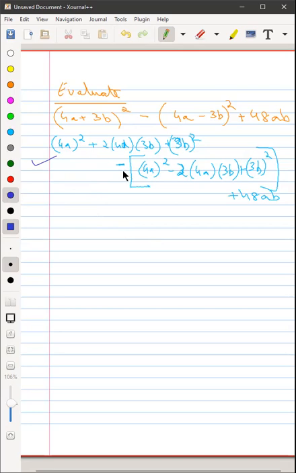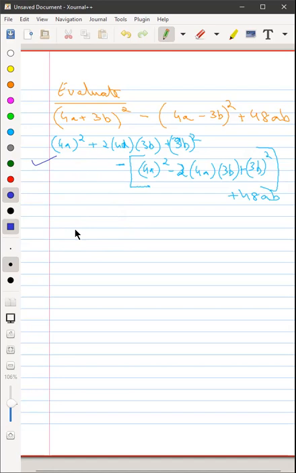Yeah, Samita? Sir, I did a squared minus b squared is equal to (a minus b) into (a plus b). Like for the first part, if we do (a plus b) into (a minus b), then we get bracket 4a plus 3b minus 4a plus 3b into, and then you multiplied the other part again. Then you multiplied a plus b and a minus b further. Yes, sir. So you complicated it even more. Yeah, that is also correct, Samita. That's not an issue. Okay, a good new method, but again, a complicated method, isn't it?